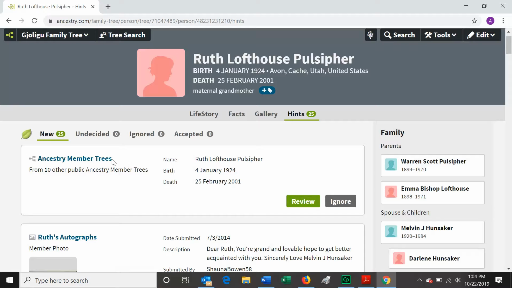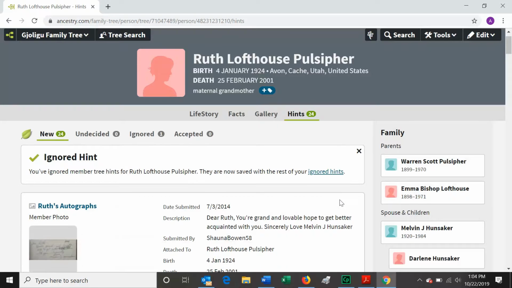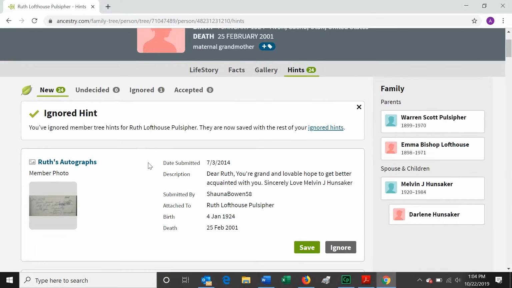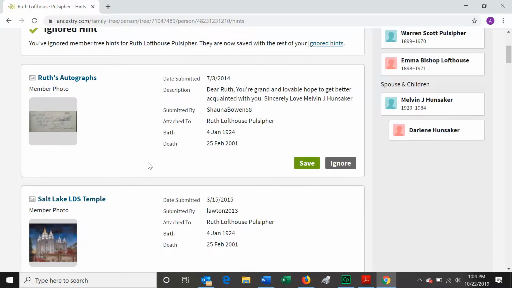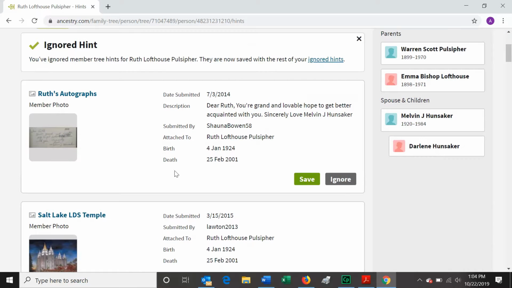But this is secondary research, and I like to do primary research first and use secondary research as a resource. So I'm going to go ahead and ignore that just so I don't have to keep scrolling past it. If I want to go back and look at it, I can click right here on ignored hints and look at that information again. So I'm going to go ahead and scroll down,